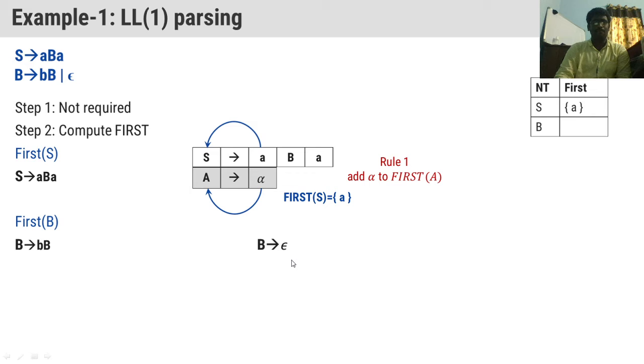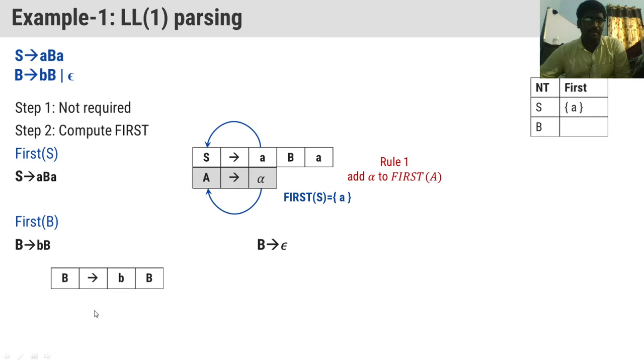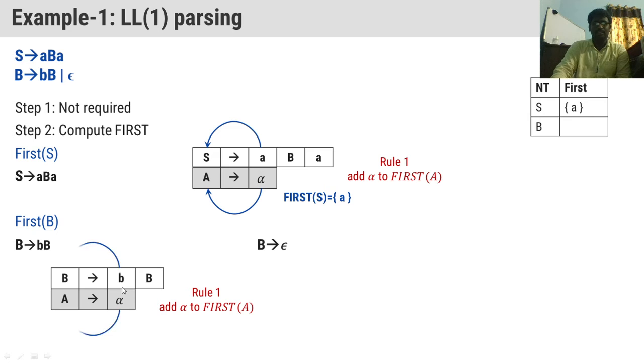B implies epsilon. So if it is B implies small b capital B, then what happens? What is the first symbol that is present here in this production? Small b. That's why first of capital B equal to small b. One thing is fixed, right? First of capital B equal to